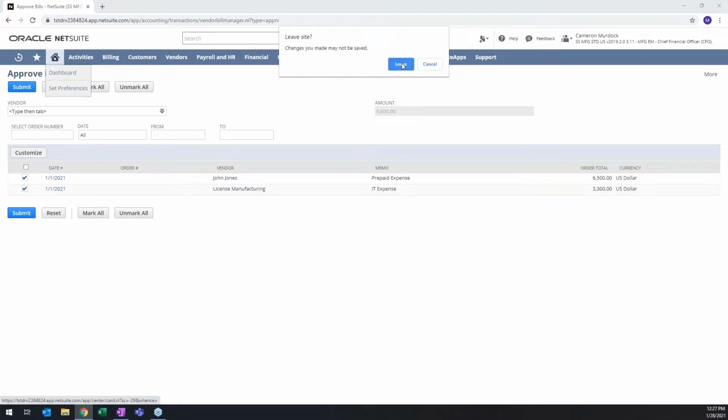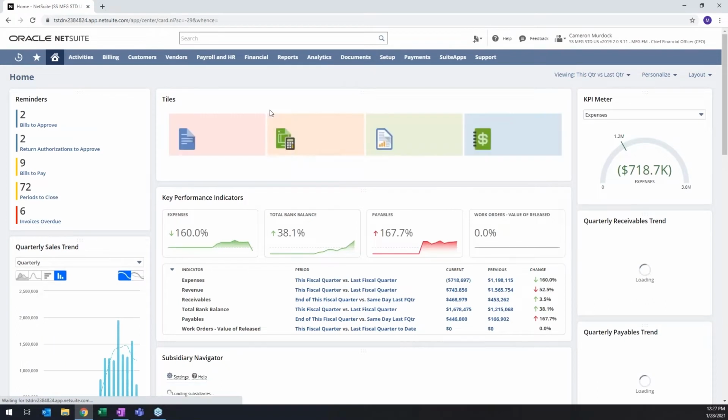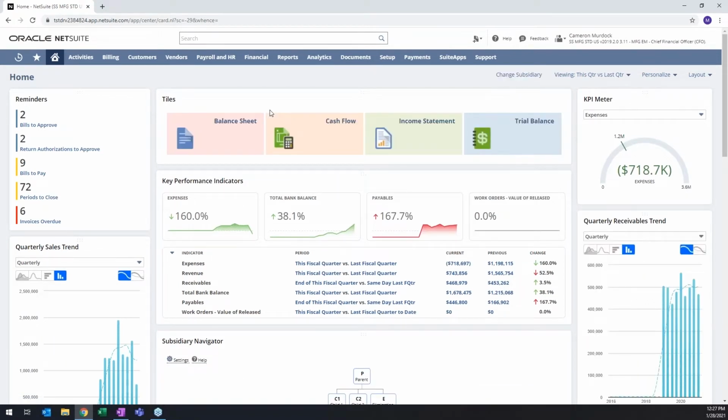I'm going to go back to the dashboard. So now we're back at the dashboard. A couple other things here. One of the things that I really think is important when you're navigating and using NetSuite, in your current system, there's a lot of transactional activity. How do I keep the wheel going? Well, within NetSuite, there's a lot of automation that does it, and it allows you to focus on running your business. And so the KPIs are a very important tool,